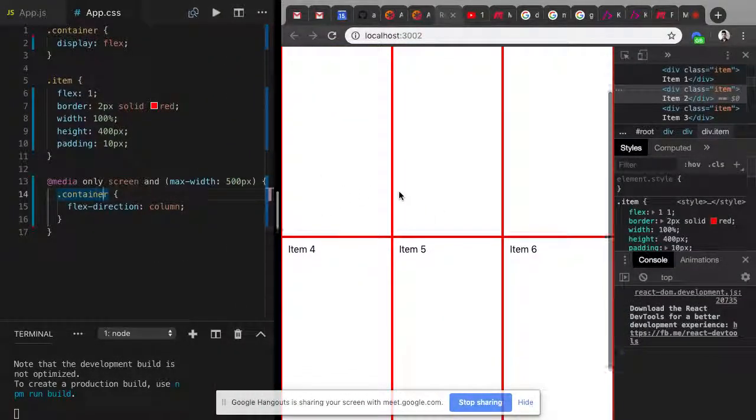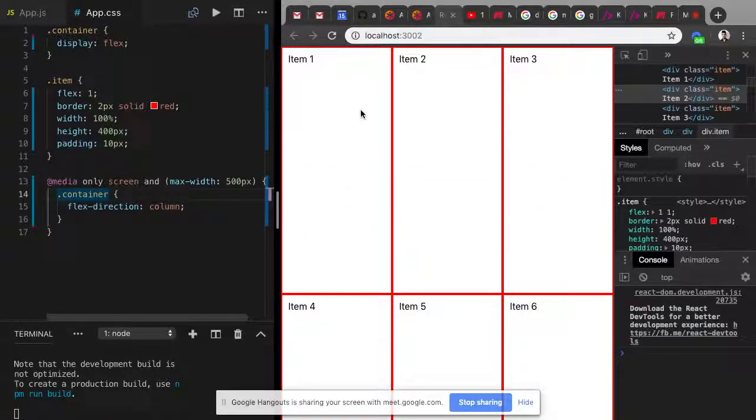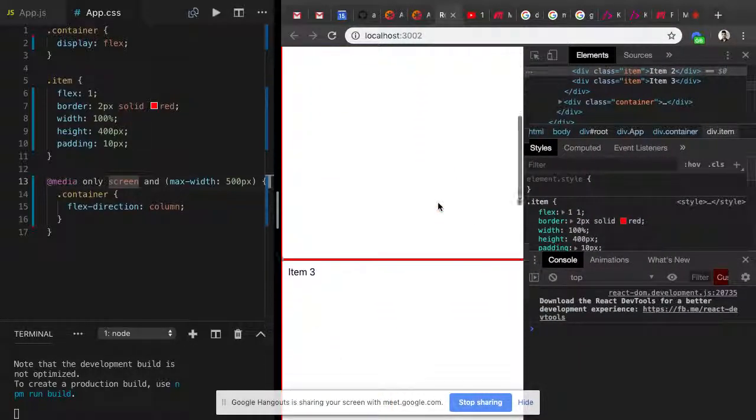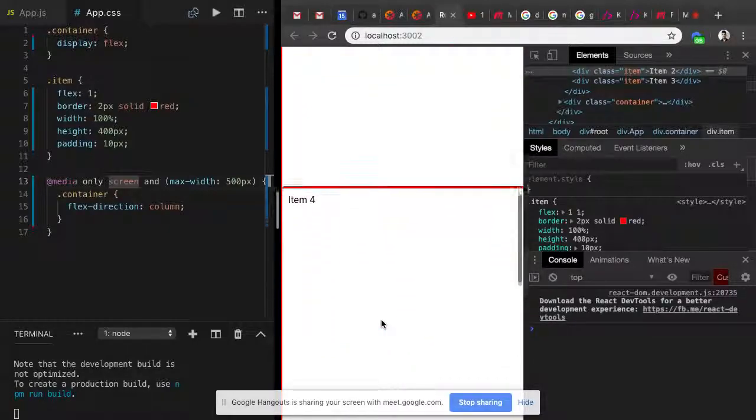Grid? No, I'm not going to talk about grid yet. So before using grid, let's see how we can put these elements on the right hand side depending on the resolution. So would you use flex direction row? By default, flex direction is row. So the first row has flex direction row, the second row has flex direction row, unless we go mobile, in which case the first row has flex direction column,